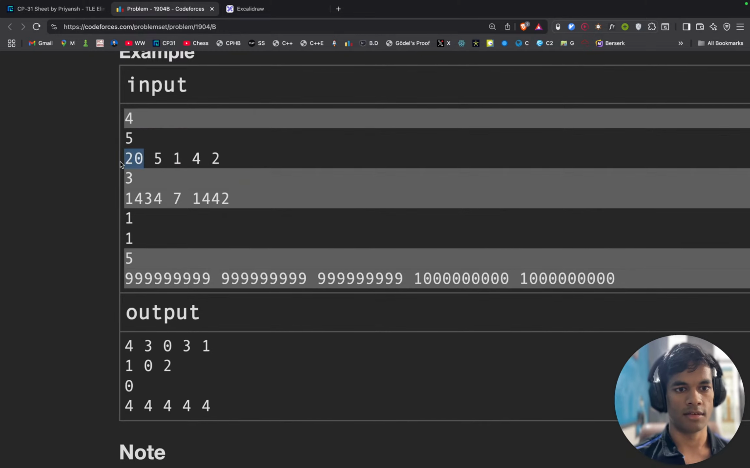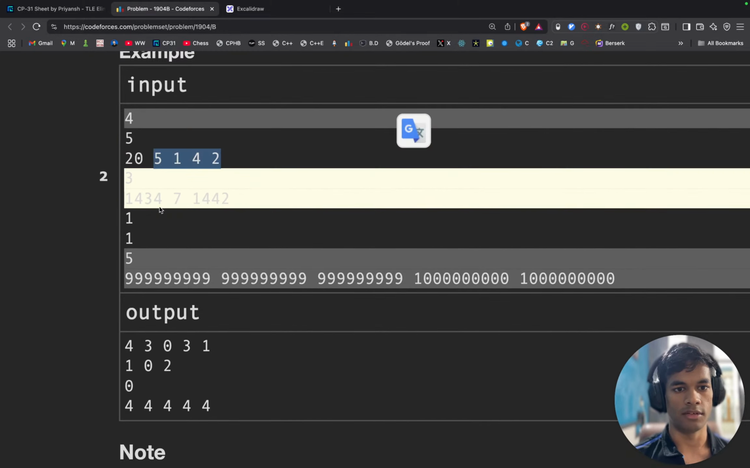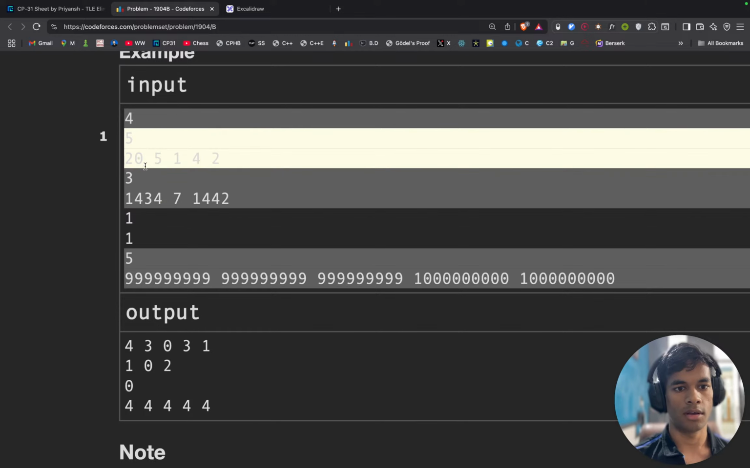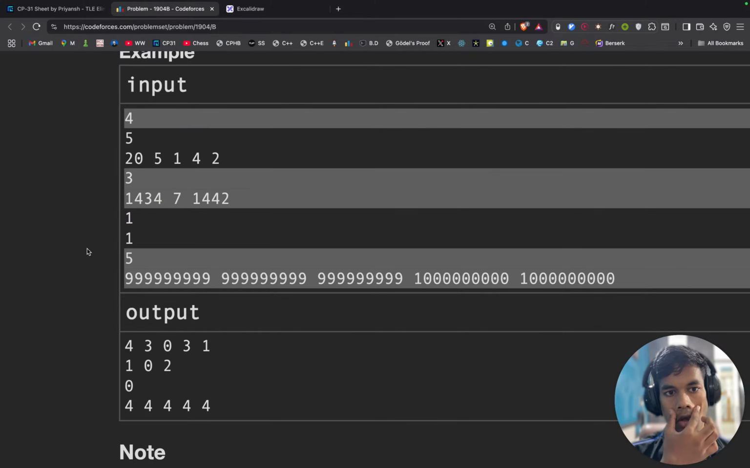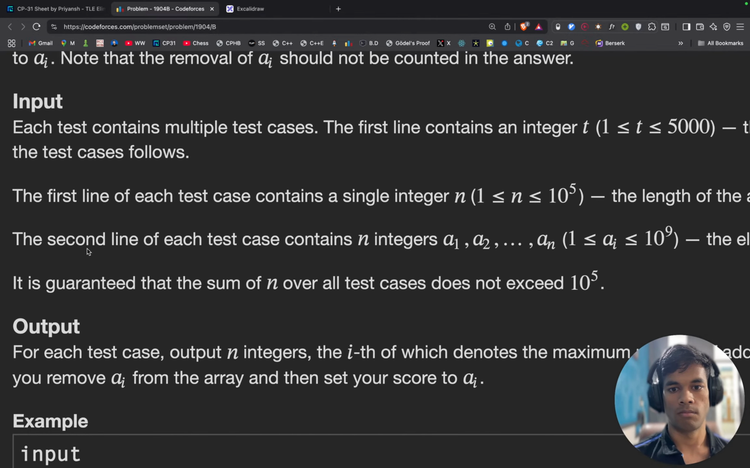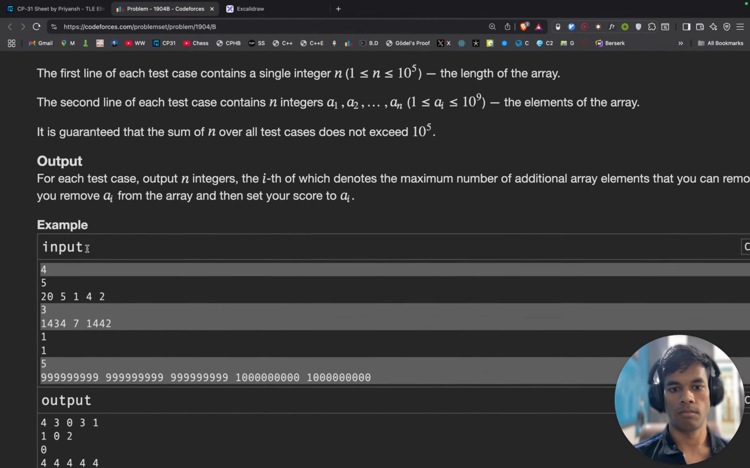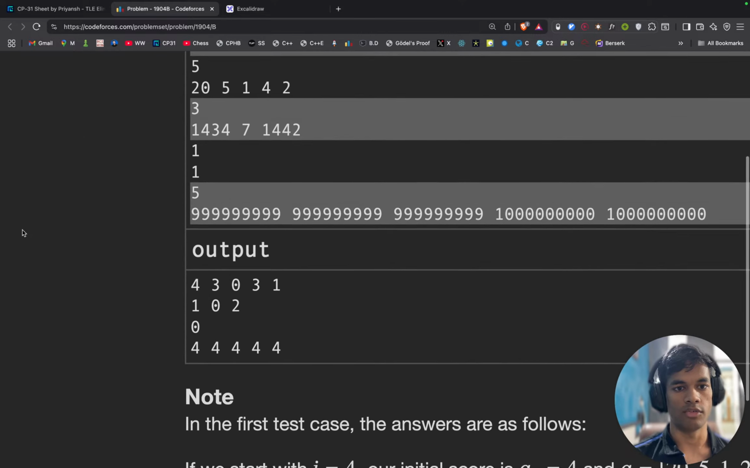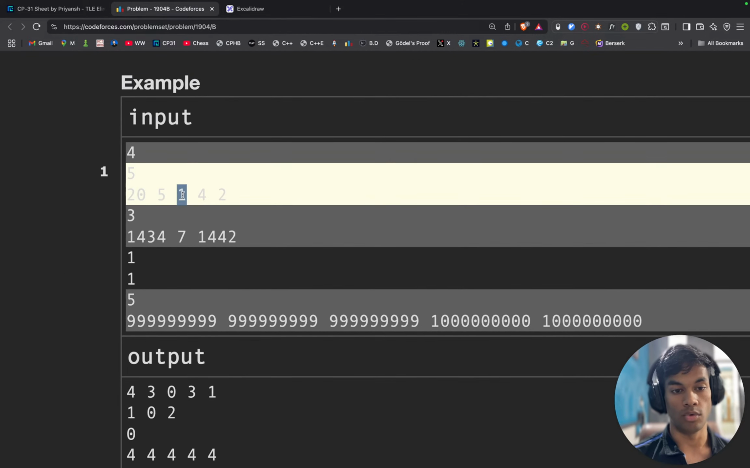for this, I can add all of these. And what is my score? Initially, I guess my score is zero. Okay, let's suppose my score is zero initially. Then I would like to make it equal to one. Then it becomes three. Then it becomes seven, and then it becomes this. So I can remove all four elements. And for this,